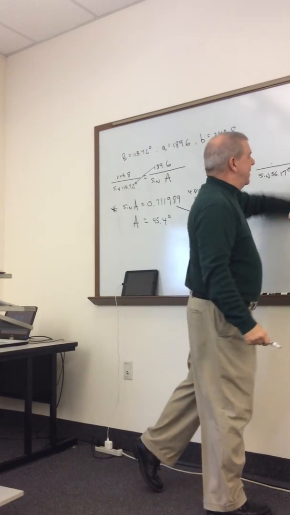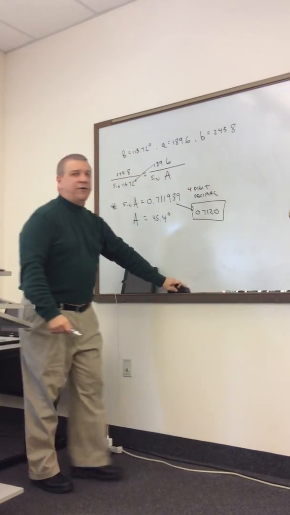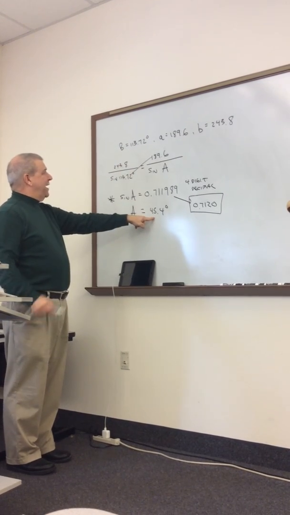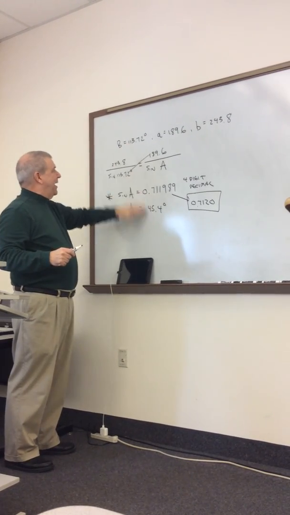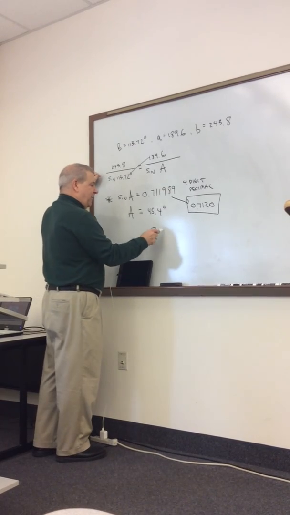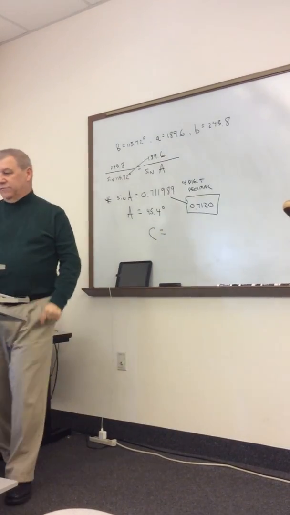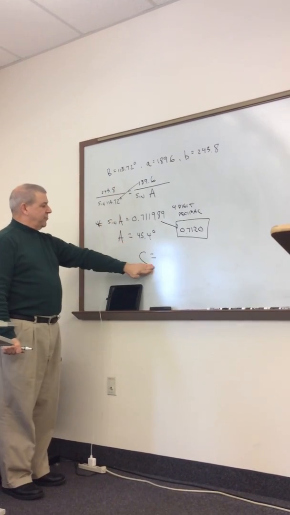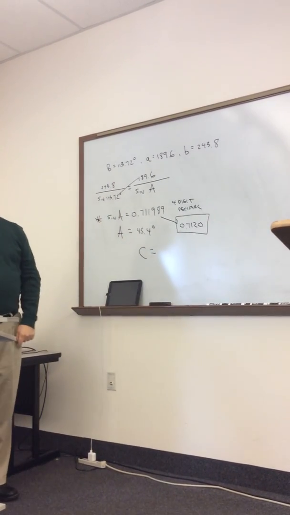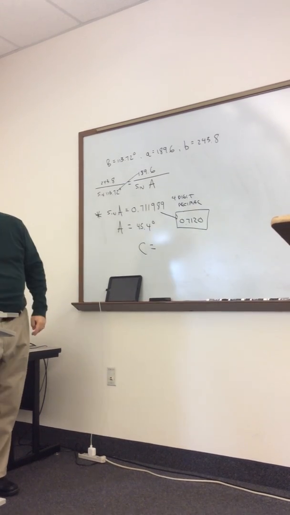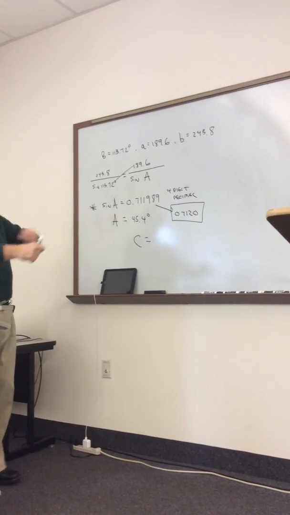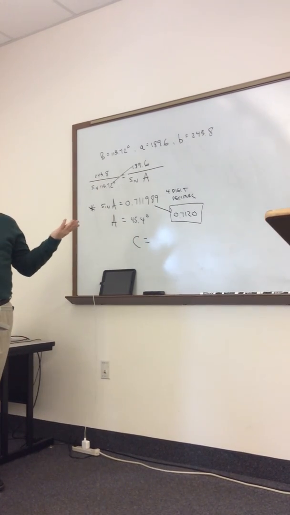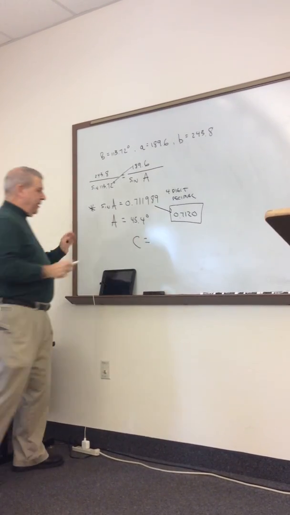What's the only thing left to get up here now? And then you're going to start doing this. Okay, there's B, there's A, so go ahead, add angle A and B, and subtract it from 180. Do that, that'll give you angle C. Now that you got A, add A to B and subtract from 180. Can someone give me that? Round it to the nearest tenth. Your calculator's going to do everything for you. Add A to B and subtract from 180. Anybody? Ethan, what do you got? 20.9